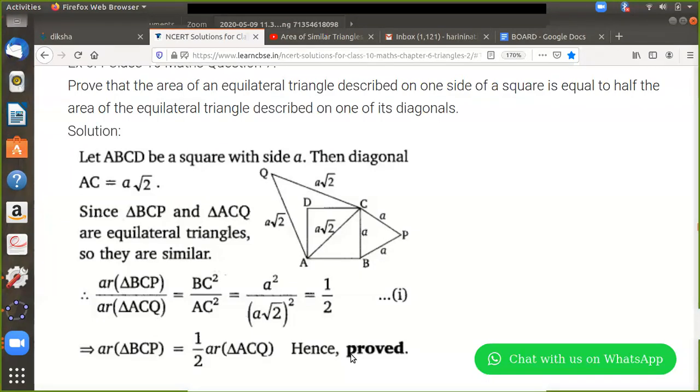Simple. This is a 3 marks question in one of the question papers. Can you imagine? See, if you remember that this problem is done in the class, you will be able to definitely do it. It's a straight problem which is asked from the textbook, from the exercise. So we cannot tell that we are not in a position to do it.